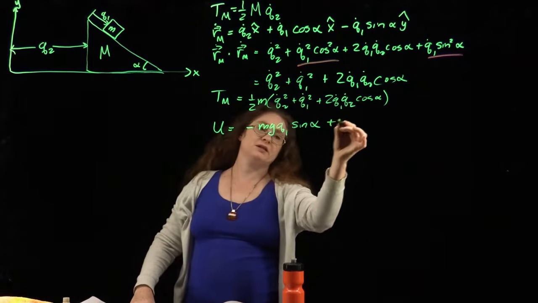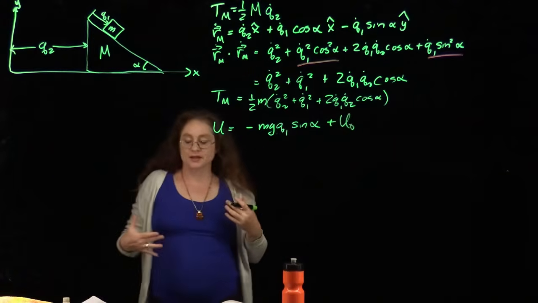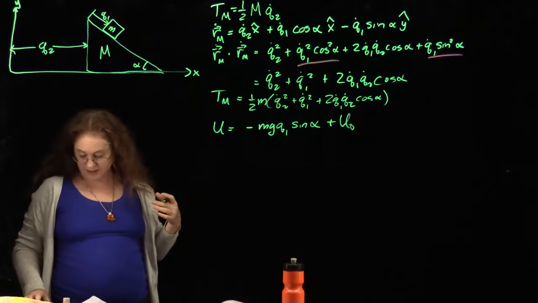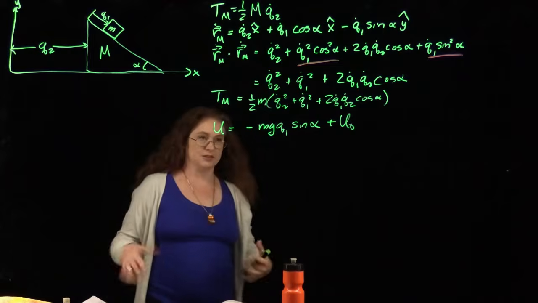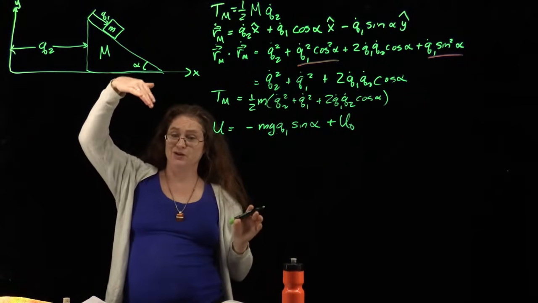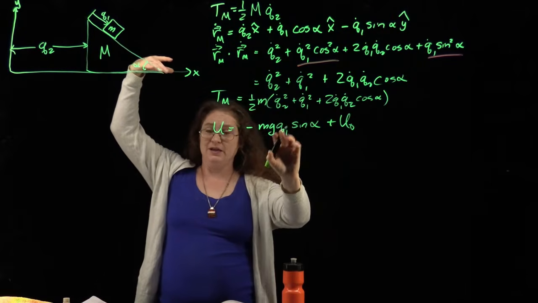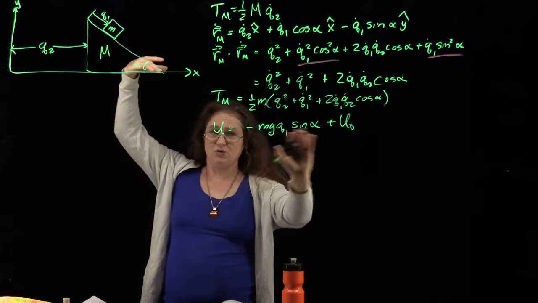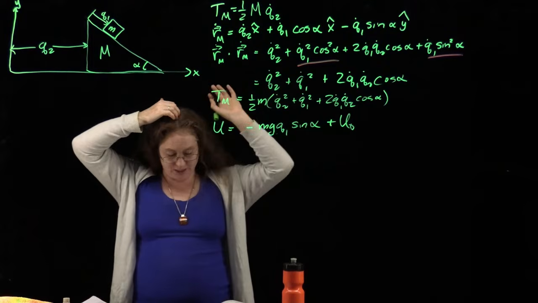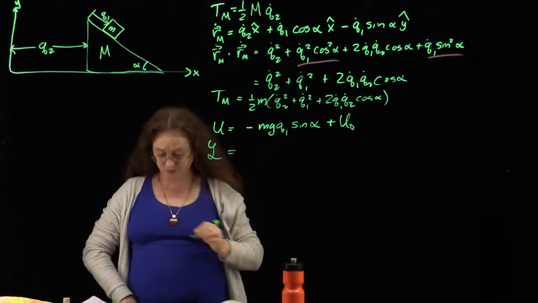And I'm going to explicitly list a U naught just because one of the things I think gets confusing about the way these problems are set up is that they don't always explain every decision. Like, all I care about is the potential energy has a term proportional to q1, m g q1 sine alpha. This is just some offset. All right, that means that my Lagrangian